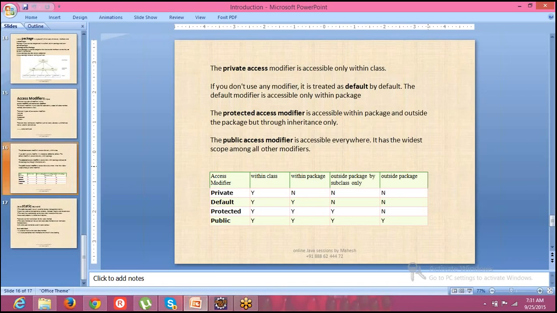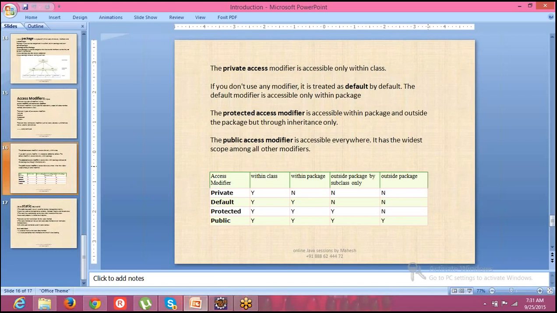So that is fine. Now I wanted to ask a question, based on that. Suppose I have a scenario like this. I have a variable in class A, that is in package AA.